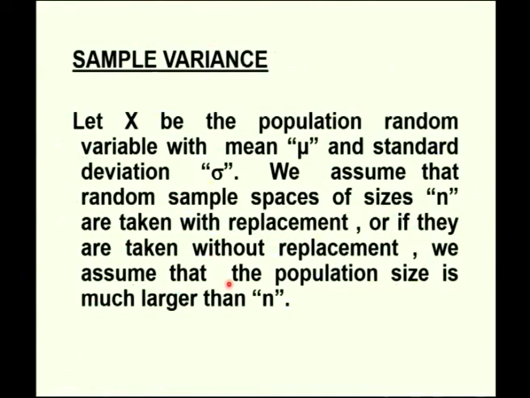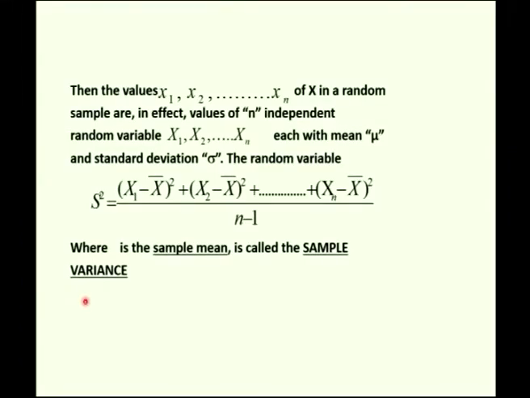Therefore, the population size has to be taken into account, and in that case population sizes should be much larger than n, so that the whole population is considered to be normally distributed. Then the values x1, x2, etc. up to xn. Since we are taking the sample of size n, there will be n values of x